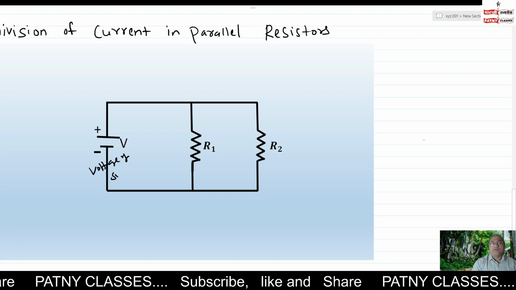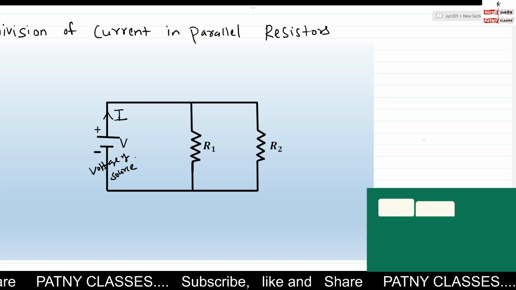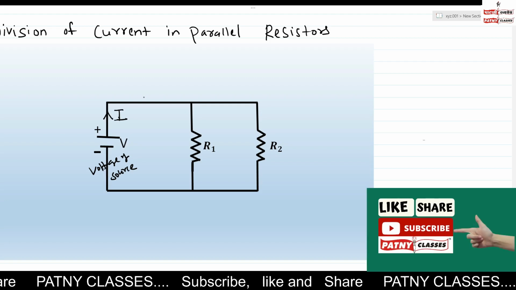Voltage of source means the voltage of the given cell or battery. So V is the voltage, and I equals the current coming out of the source, the total current coming out of the battery, and this